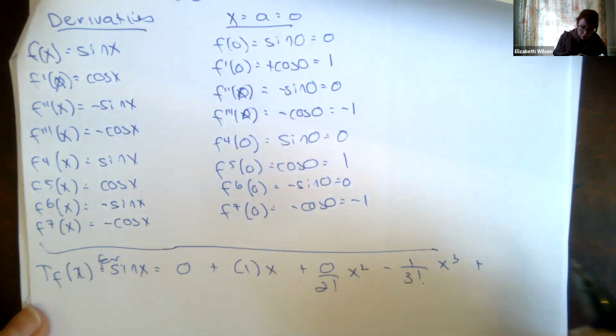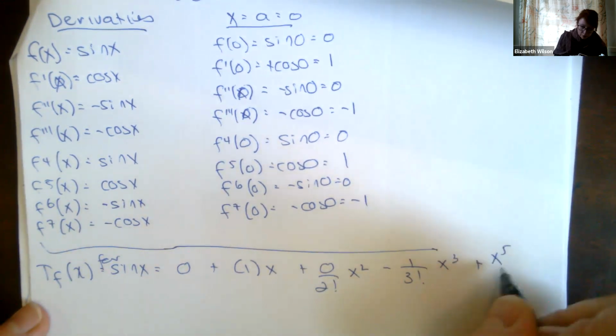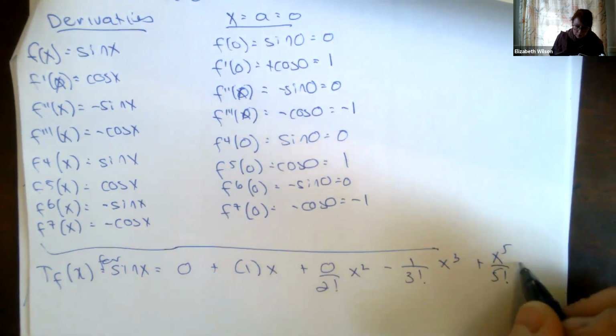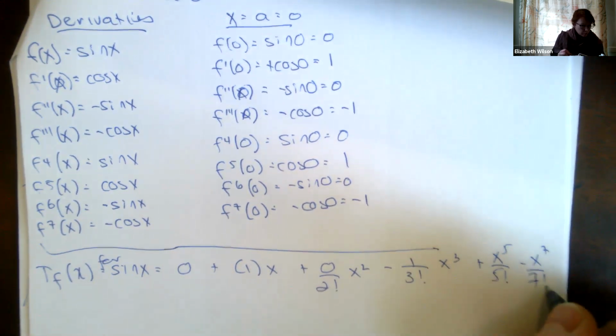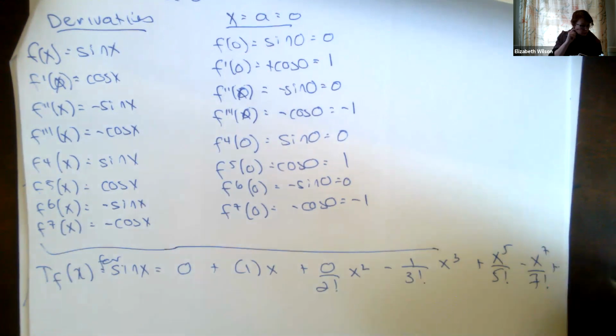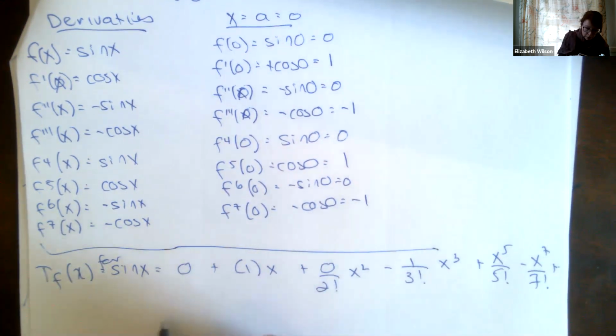And then I'm just going to start dropping things off. Okay, so now we get, this is equal to x minus